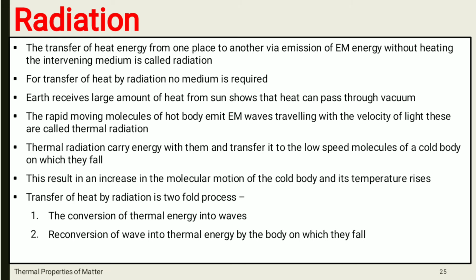The sun is very far away from the earth, yet its radiation comes towards the earth's surface. So there is a vacuum between the earth and the sun. Up to 16 km above there is the earth's atmosphere. After that there is a vacuum, or you can say no medium is present. Yet sun rays, the electromagnetic radiation emitted by the sun, come down towards the earth's surface, and this is